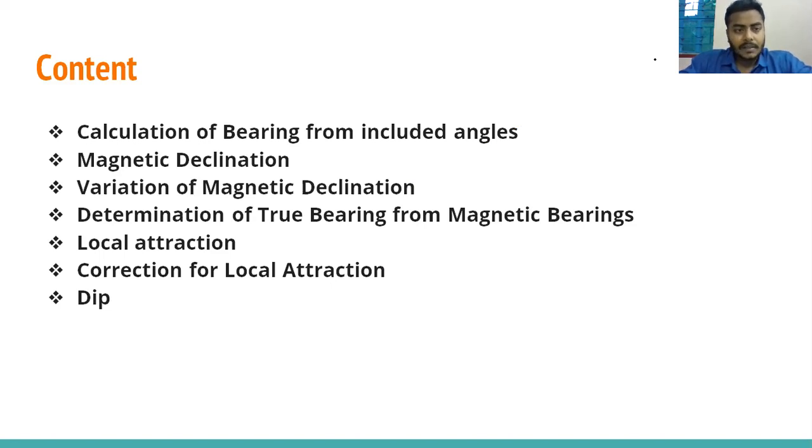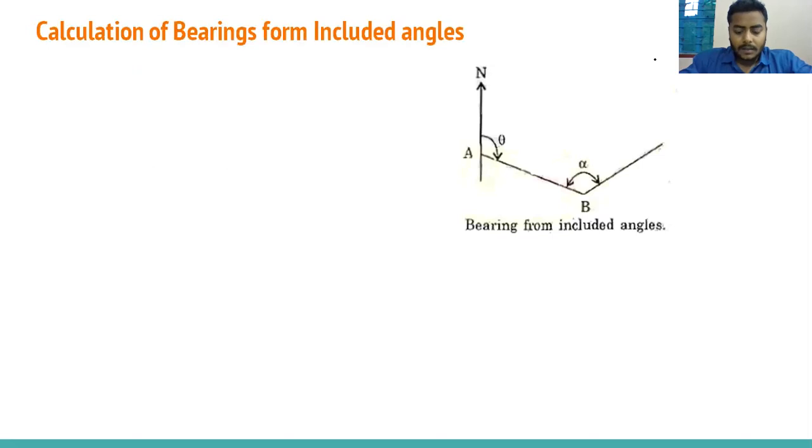In this lecture, I will start from the calculation of bearing from the included angle. To derive some relation, just understand the figure. Here two lines are given, A to B and B to C. According to the figure, you can understand this theta is given. So what will be this theta? This theta will be the bearing of line